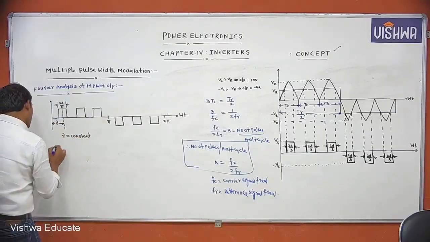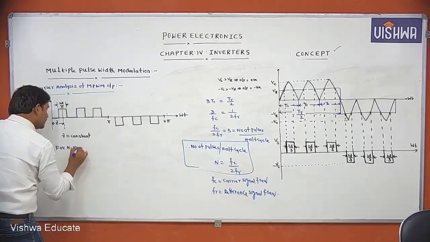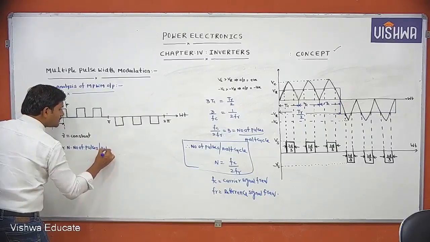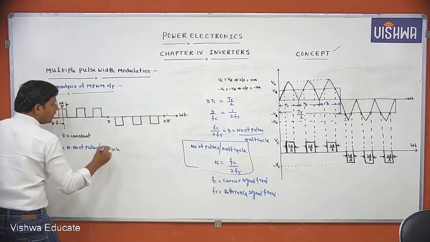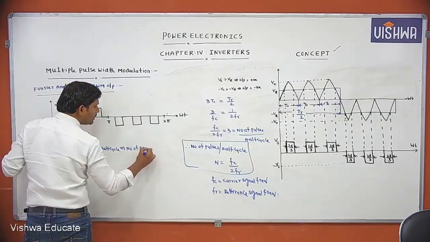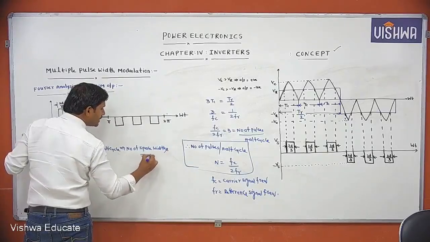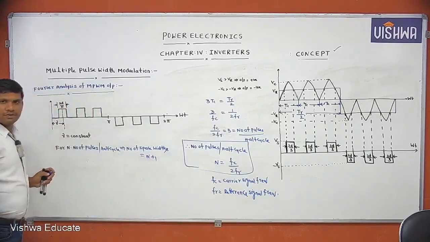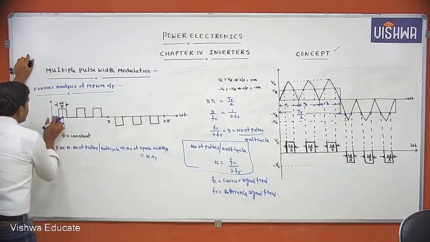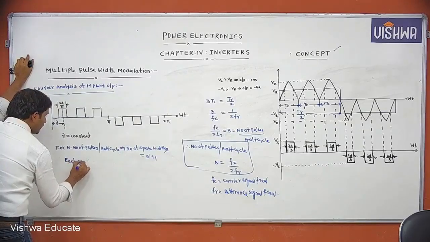That means for n pulses per half cycle, the number of space widths equals n plus 1. Now listen please. Then what is the space width I want? Each space width equal